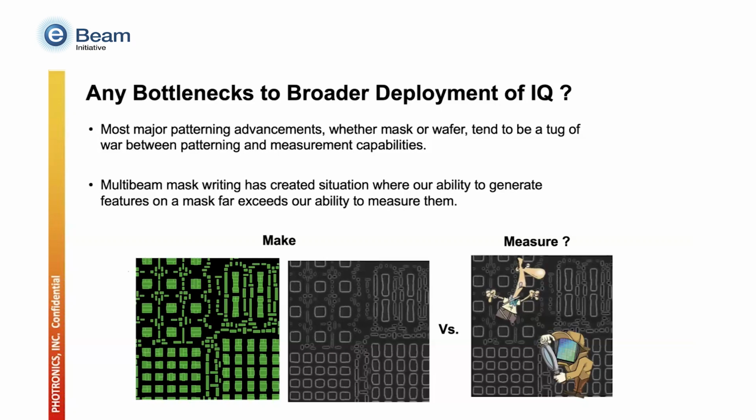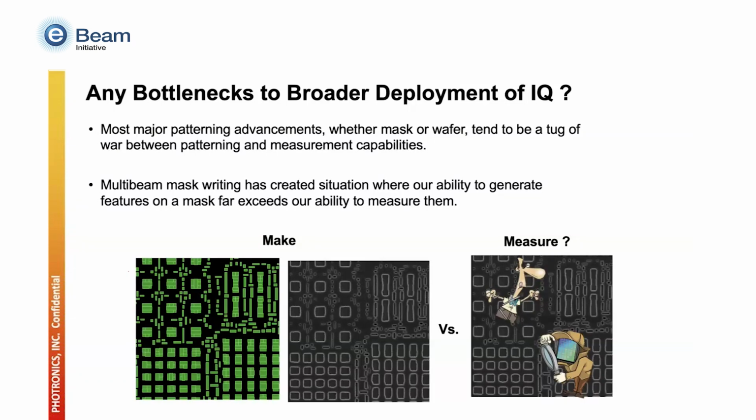So the question then is, are there any bottlenecks to a broader deployment of image quality as a tool to tie mask making and mask pattern fidelity to wafer imaging? And those who've been doing this for a while kind of know this, but I'll state it anyway. When we're working on patterning advancements, usually there's a pendulum that swings back and forth between metrology and mask making. So it's kind of a tug of war. If you measure things really, really well, you can tell that your mask writing step is compromised. If your mask writing step is far beyond your ability to measure, then your real bottleneck is in the metrology,